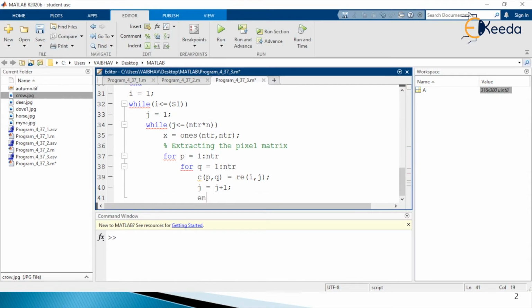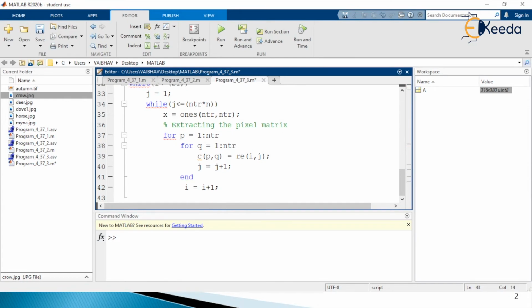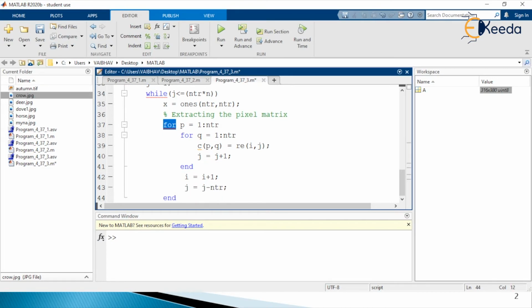Then we shall have small i with the value i plus 1, and then j with the value j minus ntr, and then using the end keyword for ending of the for loop.